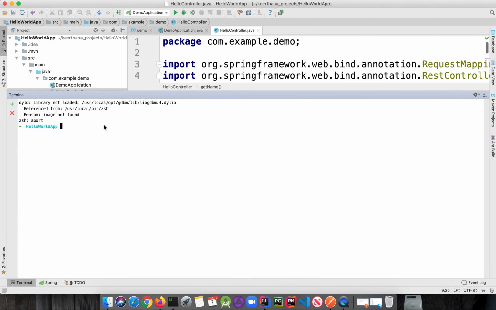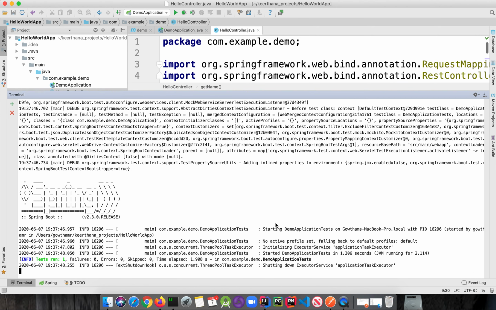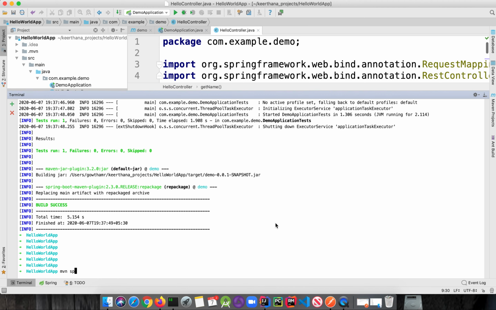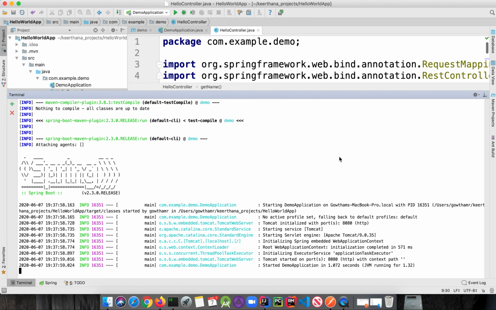We'll see how this application runs. First you need to build the application. For that I'm giving mvn clean package. Once it is getting succeeded, just giving mvn spring-boot:run. That is how you have to run a Spring application, right? So by default, the application will be running in the port 8080. So Spring Boot is such interesting because it has an inbuilt Tomcat server. So you no need to configure any external server for running your application.